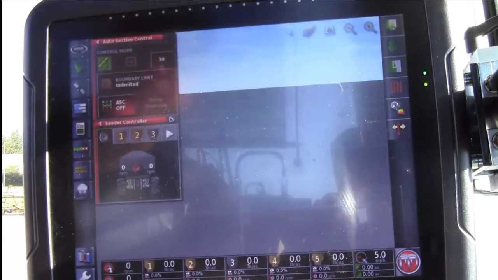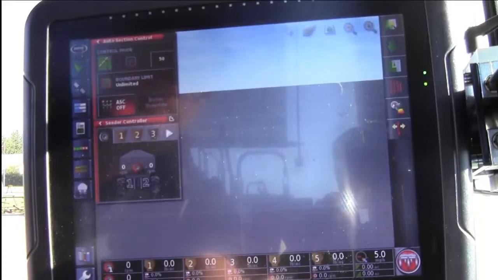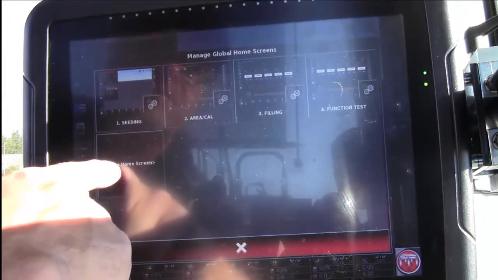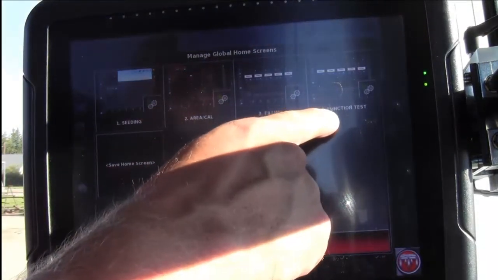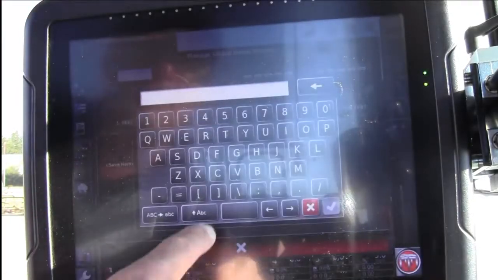Now we should save this screen as our functional test screen. To enter the global home screen mode save, you press and hold the hidden area above the Top Gun logo at the bottom, and we can enter a new global home screen. We already have one called functional test, but we'll create a second one,